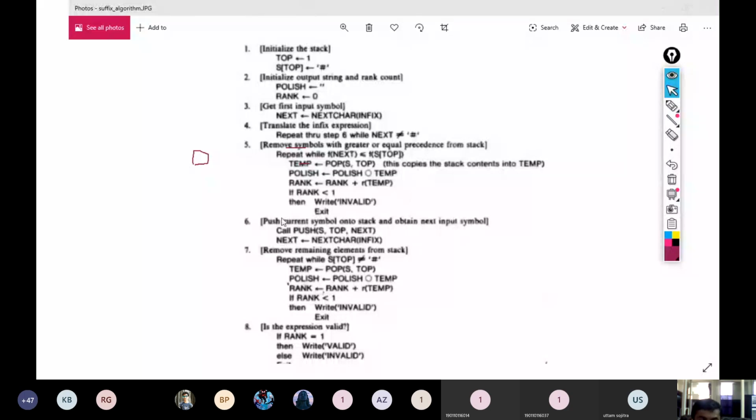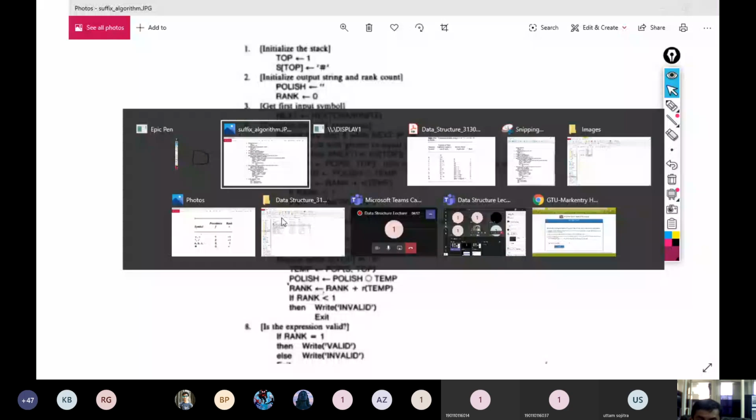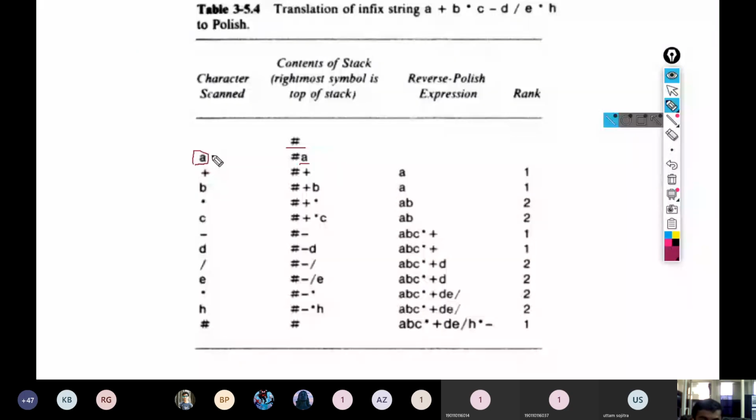Okay, so if we compare the precedence function between this next character and the top of stack, we will find that the precedence function value of the top of stack is greater than the next character. So we will push the a. Next character is the plus. We compare the precedence function of plus and a.